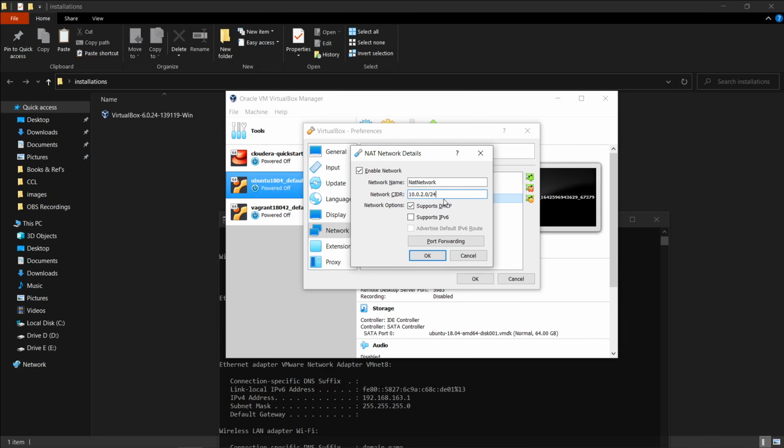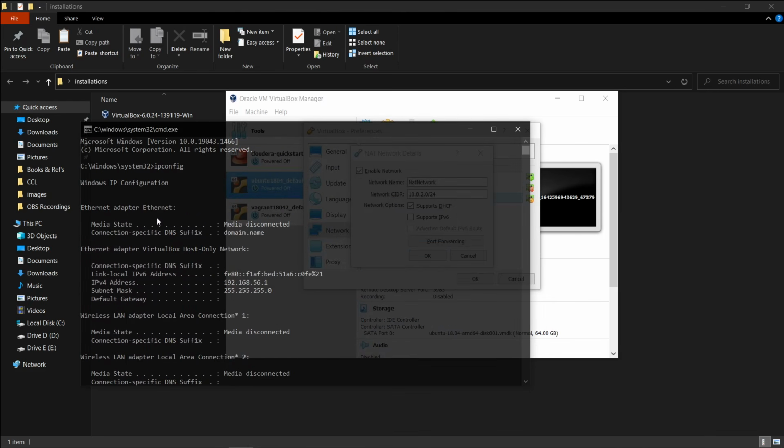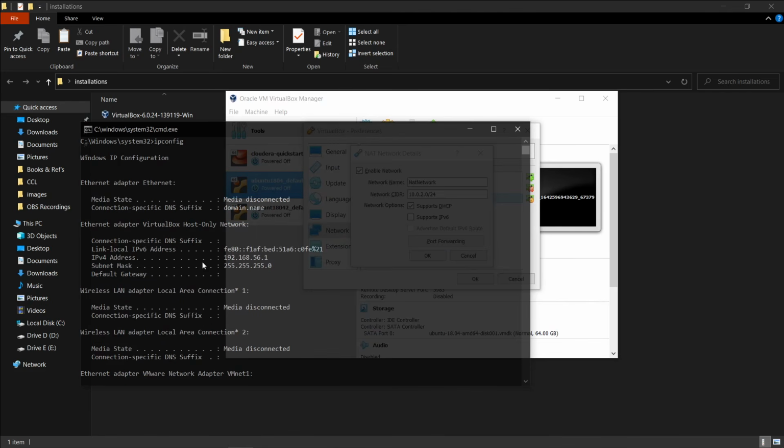What the VirtualBox NAT engine does is, it assigns dynamic IPs to all the VMs which start at boot time. At boot time, a particular VM asks the NAT engine to assign it an IP. As we say it supports DHCP, it needs to dynamically provide an IP to a VM which is going to boot using this particular NAT network. Here you can see that my IPv4 address is this